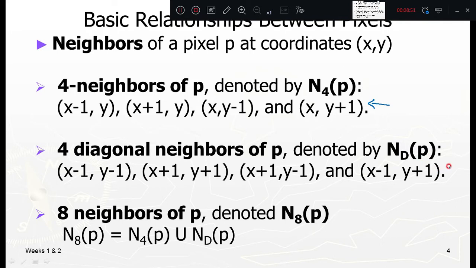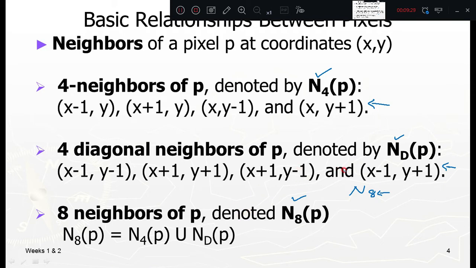And these are the 8 neighbors. Throughout your class we are using n4 of p, meaning the 4 neighbors of the middle pixel, and nd of p, the diagonal neighbors, or you may consider n8 also. Both will be the same, because nd is included with n4, altogether it will be considered as n8. Most of the time we are not using nd. You use the 8 neighbors of the current pixel. The 8 neighbors are a union of n4 and the diagonal.